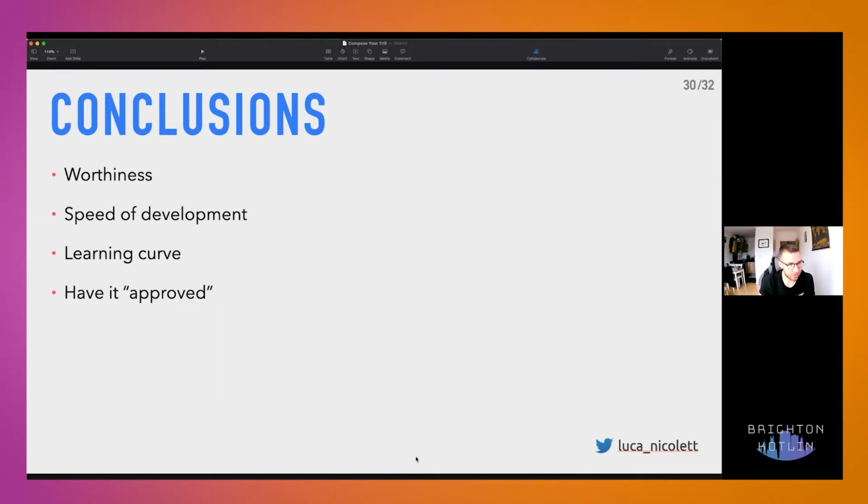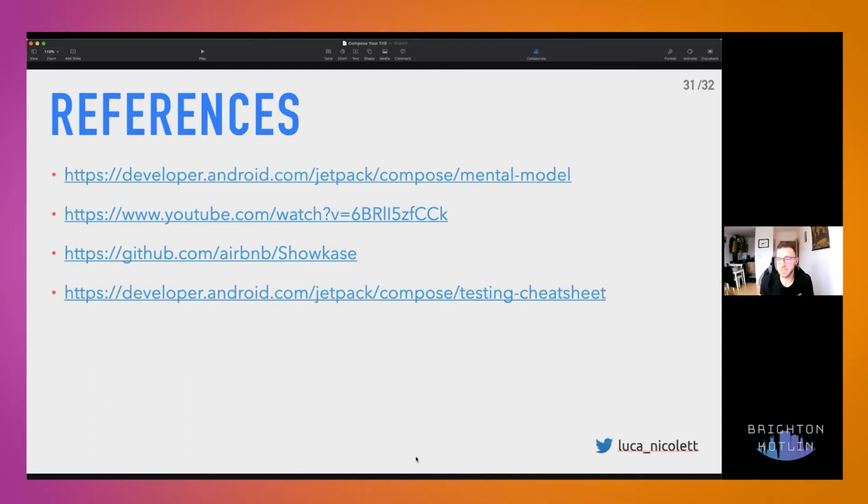And that was it. Here are some references from where I took the first section of the slides, alongside reusing some old slides of mine from a previous talk about Jetpack Compose, and a nice GitHub library that showcases a lot of Jetpack Compose elements and how to use and customize them. And this last one is from Airbnb, and it really helped me implement that screen in a faster way.